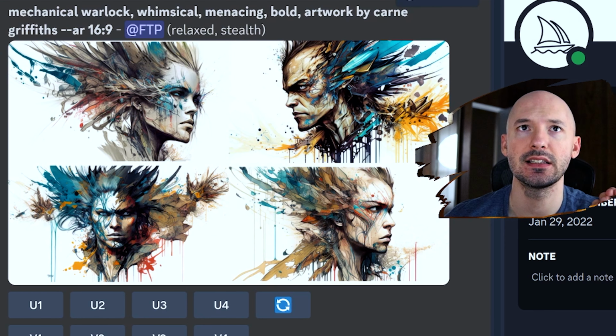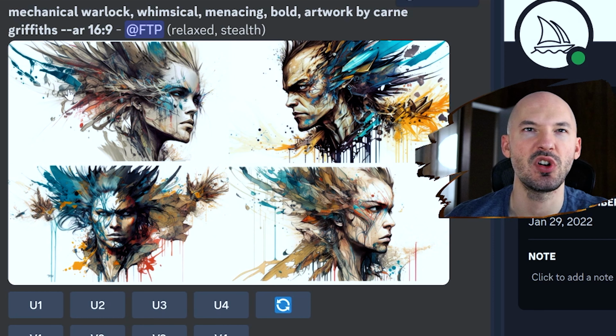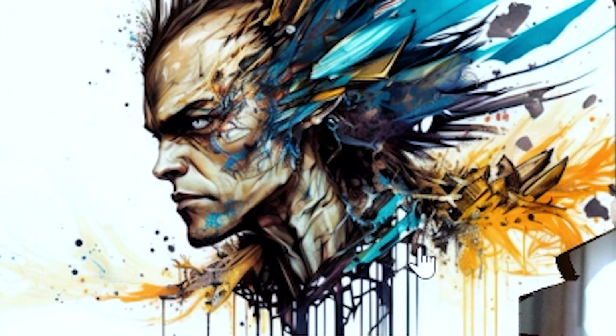Carnage Griffiths. Oh, wow. Oh, more goosebumps. I get a very similar taste to Anna Dittman, but this guy's on a whole other level. It's definitely the composition that stands out so much. How the face flows from one side to the other, getting progressively more rough to the outside. The splashes of paint,